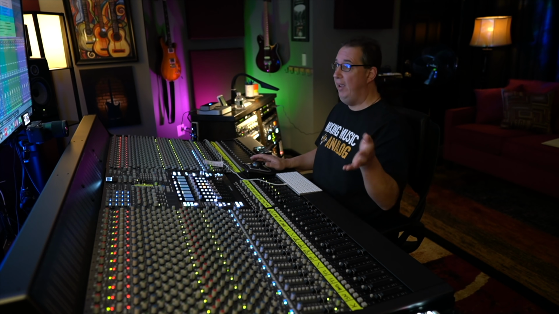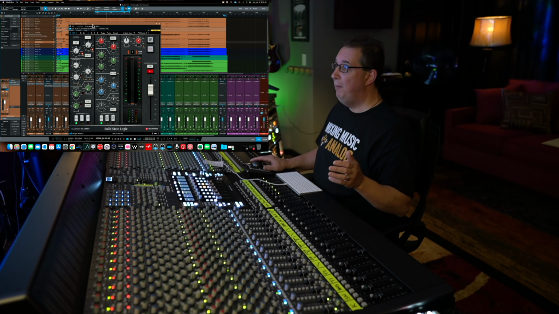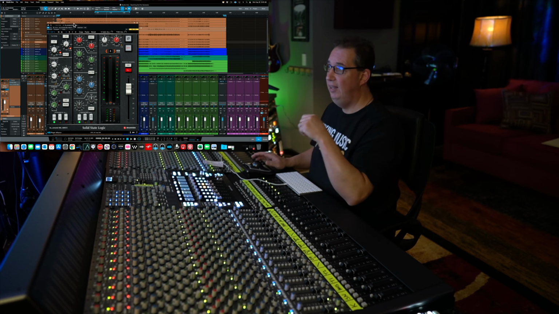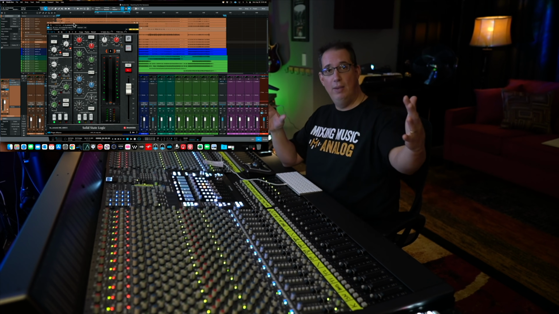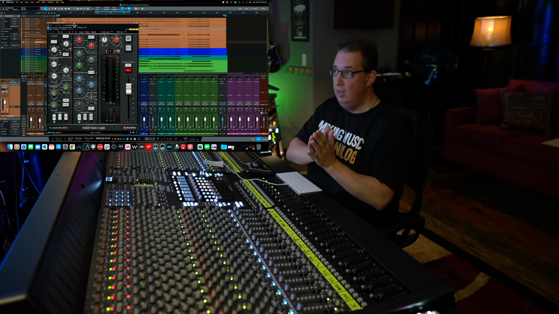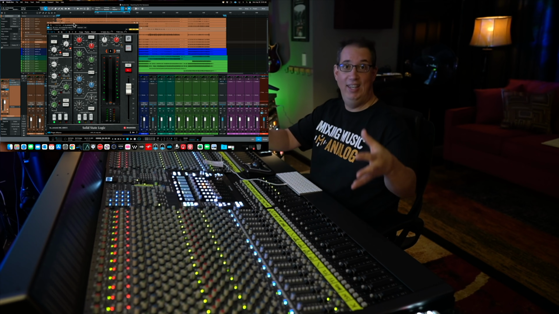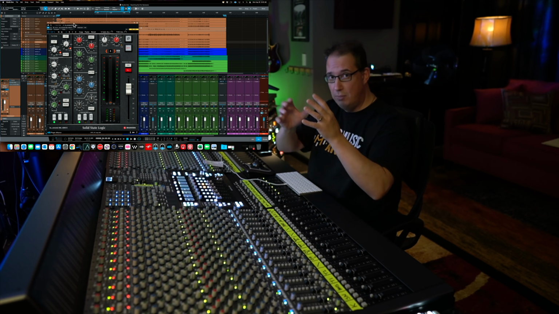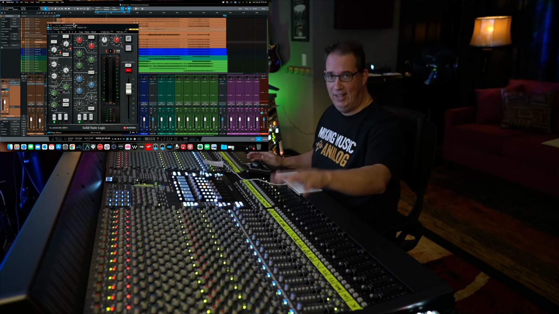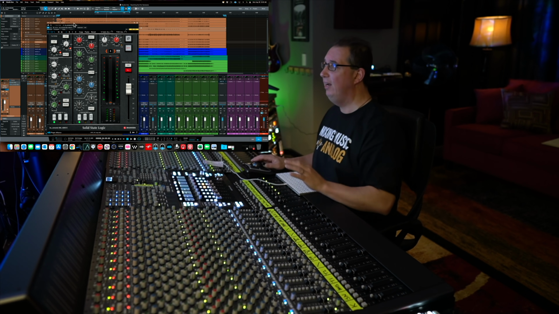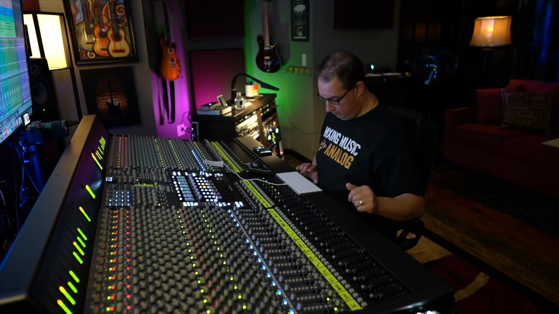Now again, on the plugins, as you've seen, I'm just doing compression, about 3 dB, just dialing in the threshold. The attack, the release, and the ratio are exactly the same on all the drums because I like the compression to be uniform on all the drum elements, because I'm looking at a drum kit, not a kick drum, snare drum, toms, those kinds of things. So I'm just hitting it with about 3 dB of compression and then some EQ. A very light amount of compression. Okay, let's blend this in and then we'll take a look at the rooms.